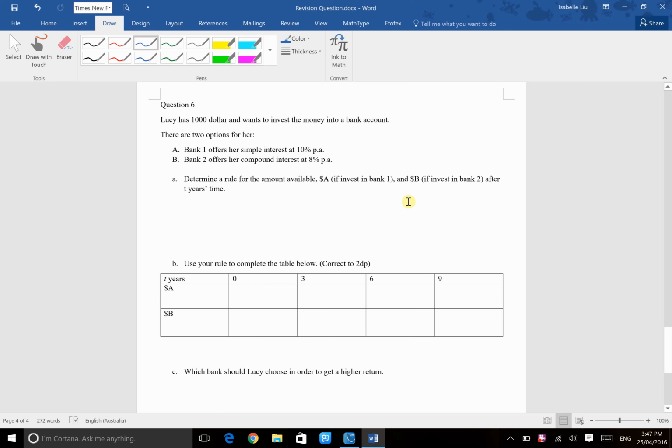Okay, so first of all, simple interest. Simple interest amount available will equal principal times